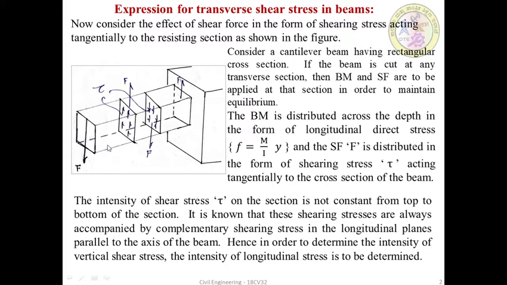When I apply the equilibrium condition, the summation of V is equal to 0. The algebraic sum of forces acting on the beam is 0. So two forces are acting upward, two forces are acting downward. The sum of the upward forces is equal to the sum of the downward forces, or the total algebraic vertical force acting on the beam is 0. That condition is called the equilibrium condition.